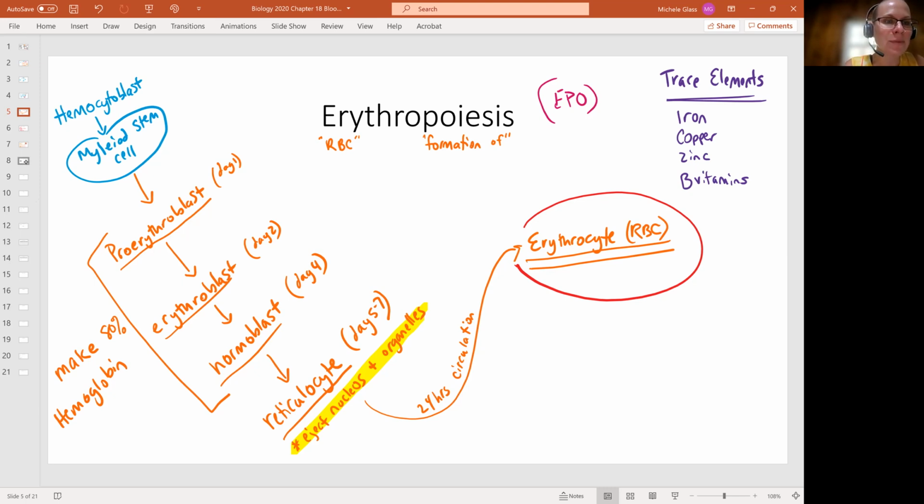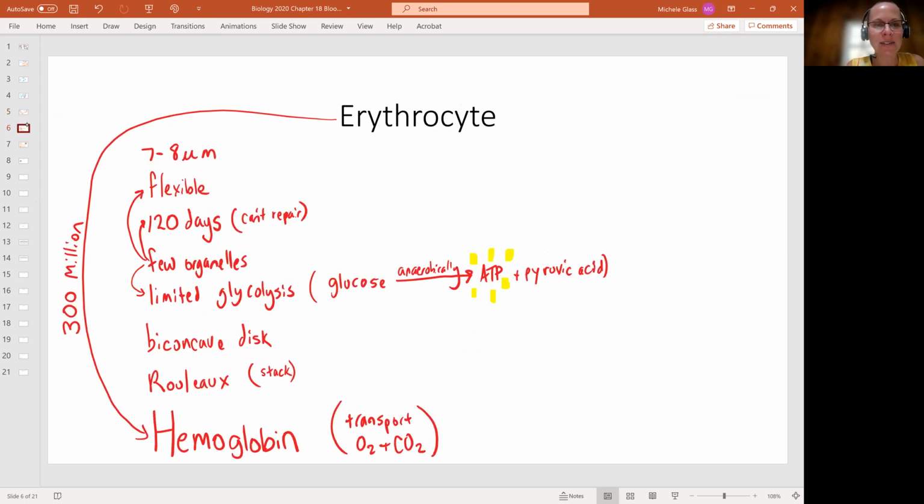Up next, we're going to talk about what happens when we get to that 120 days and our cells are old and tired, and how does the body process that old and